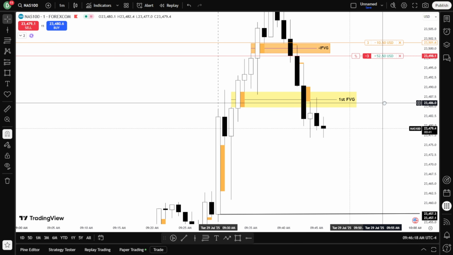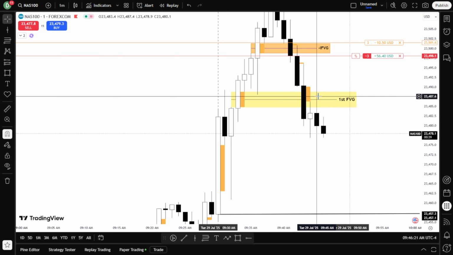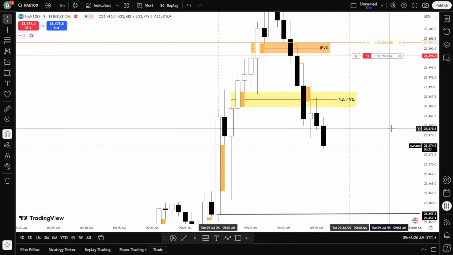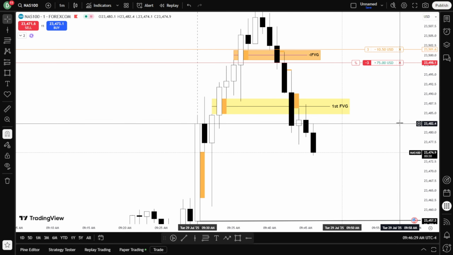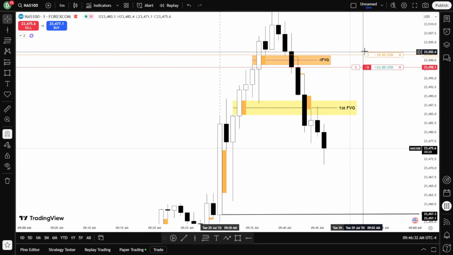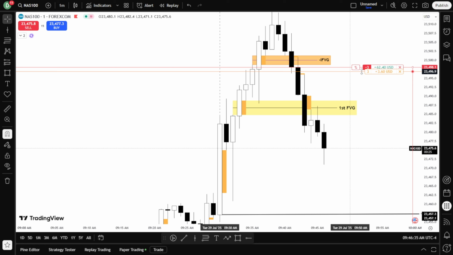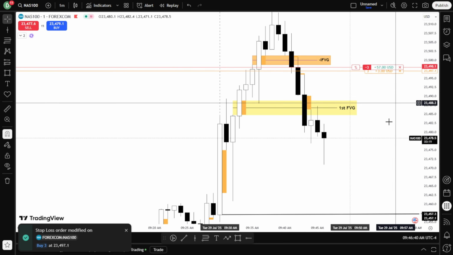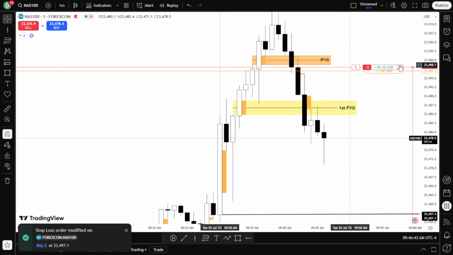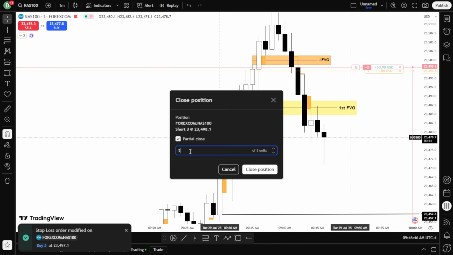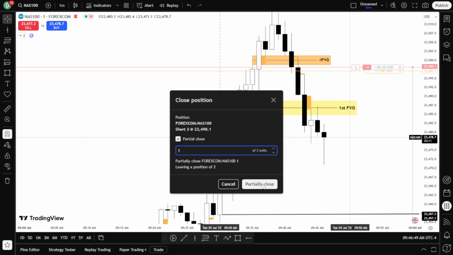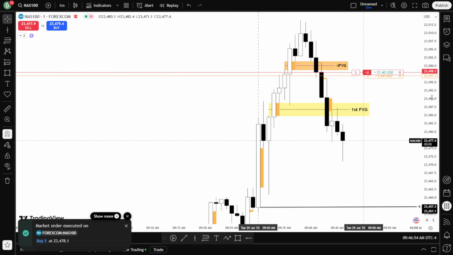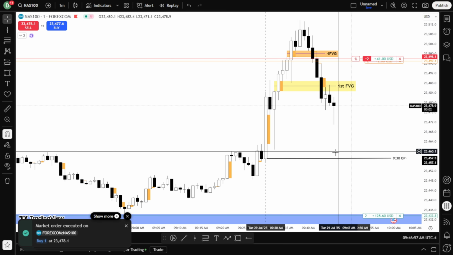Look at that, bodies of the candle stayed below the midpoint of that first presented fair value gap. Now I am completely taking the risk off from this trade. Okay, I have completely removed the risk, and also I would like to reduce one quantity here. And now I would like to hold and see if it can go below the 930 opening